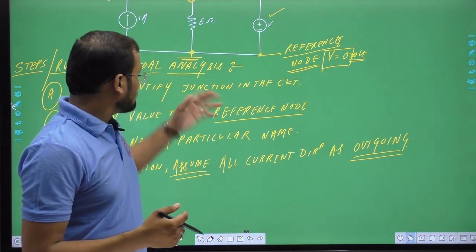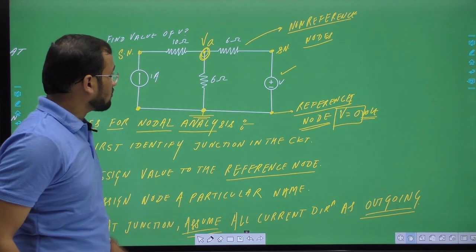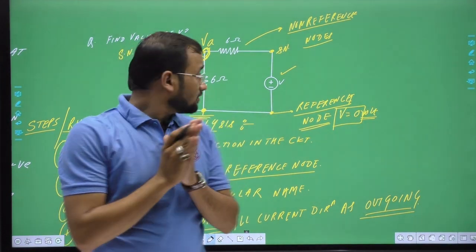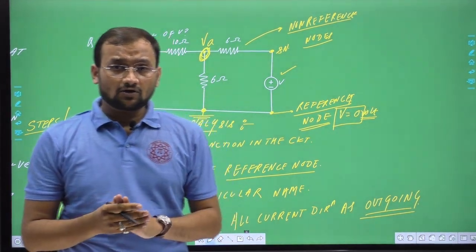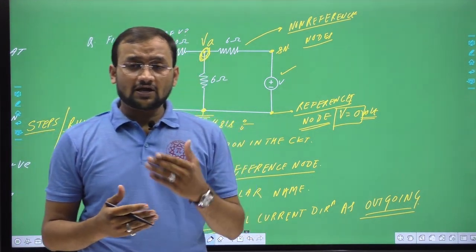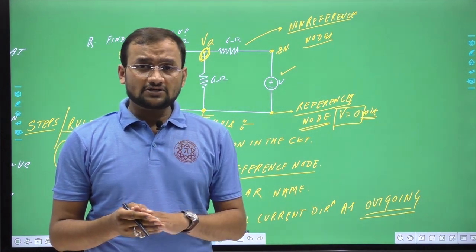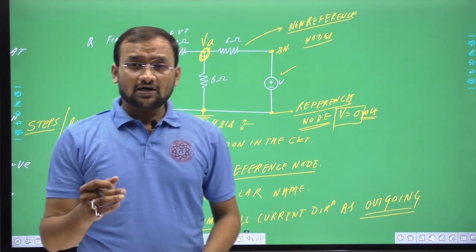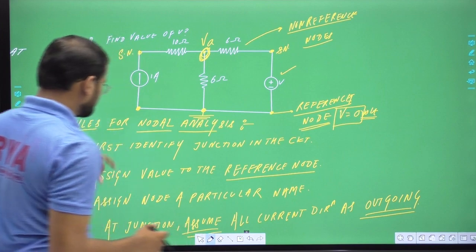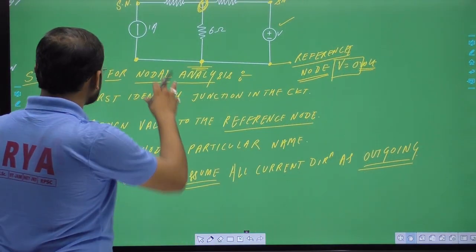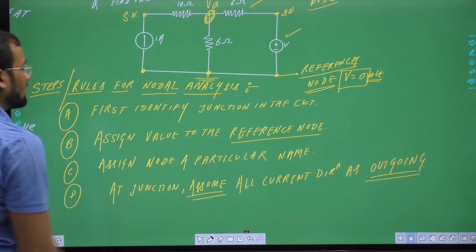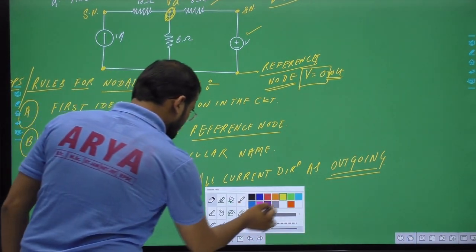If we find the right voltage at that node, then we can easily assign the direction of flow of the current. Generally, if the value we get for the current is positive, then the direction we assumed is correct. But if the current is negative, then we have to reverse the direction. So these are the basic steps of applying KCL for nodal analysis.